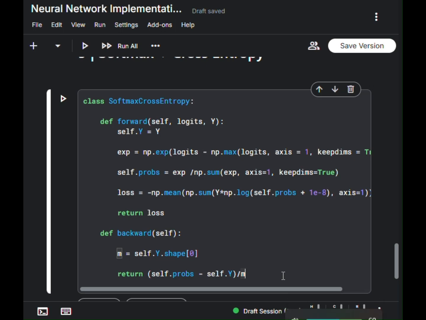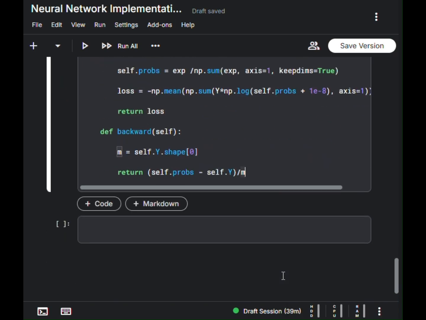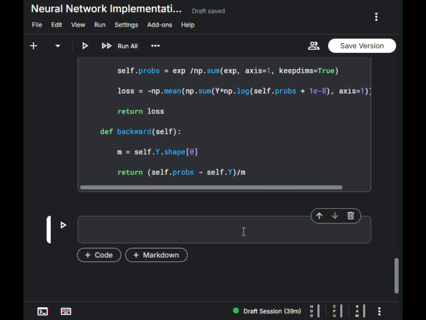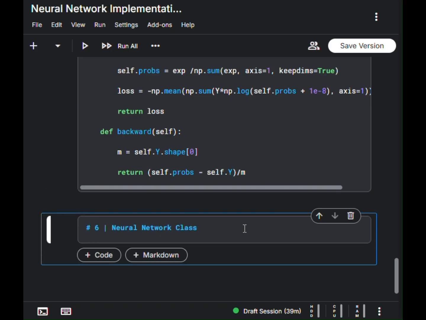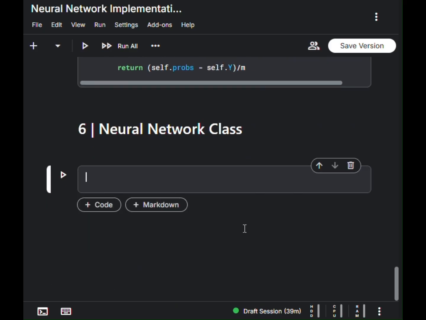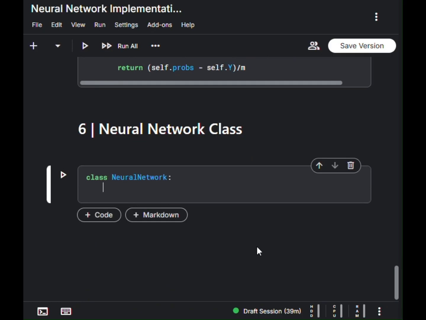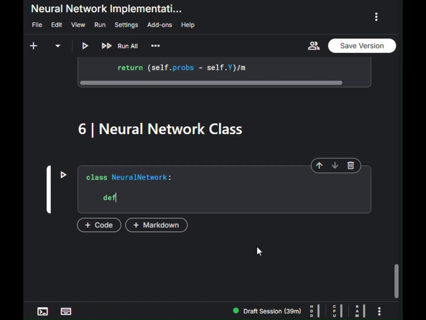So once we have saved this class, we will move toward creating the neural network class. So let's give it a new section heading, which is neural network class. Escape and press M. Then class NeuralNetwork. Let's define the constructor or the initializer here, which is